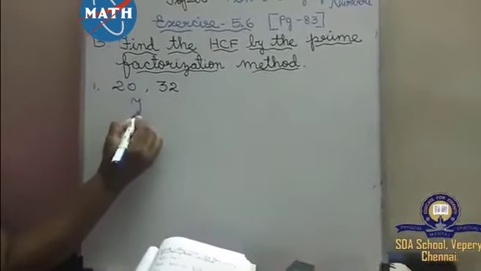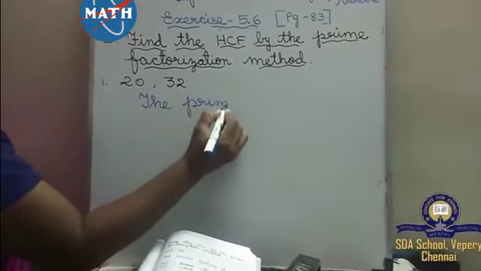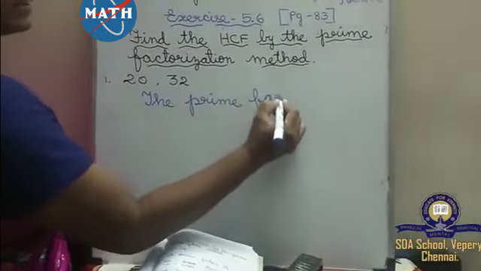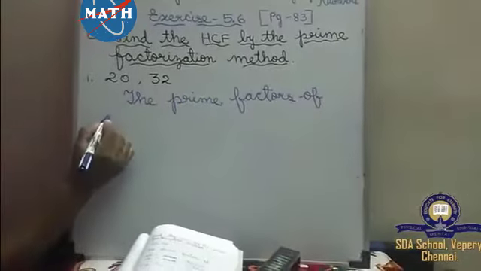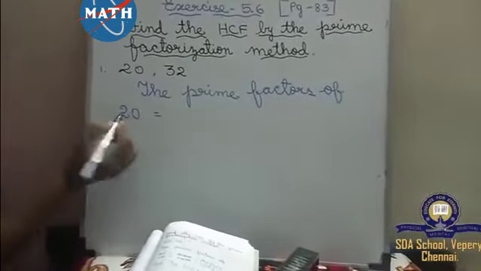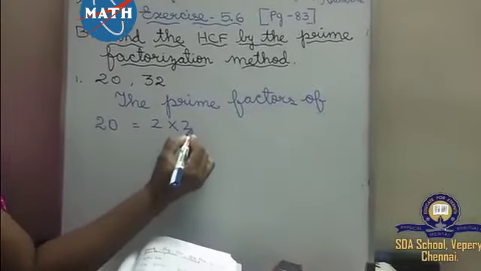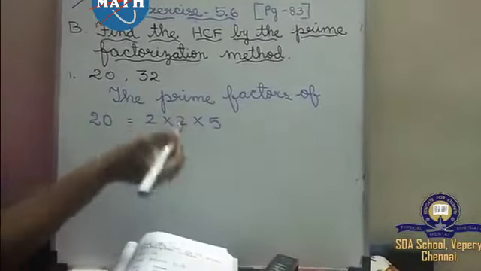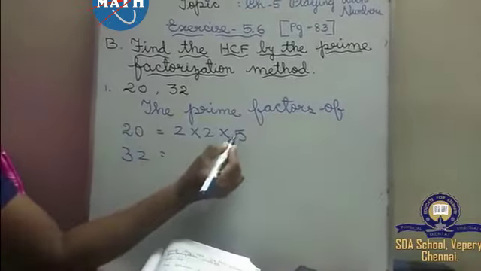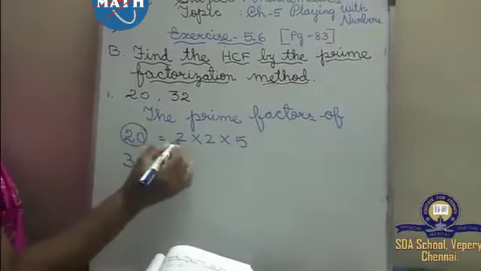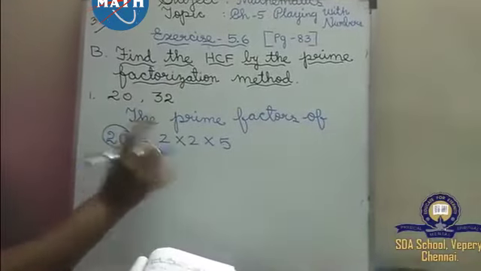So first we have to find the prime factors. First we have to see the 20. How do we use the prime numbers? It goes again 2 2s are 4, 4 5s are 20. Isn't it? We saw the same sums. And then 32. When you multiply this, this answer we should get. If you get this answer only, your sum is correct. Otherwise, it is wrong.